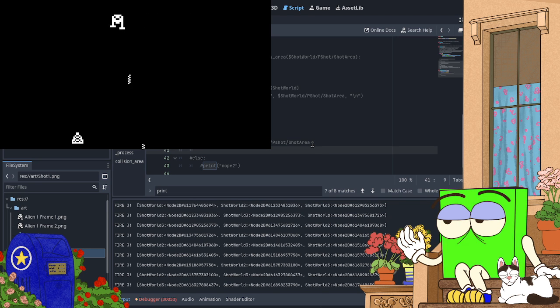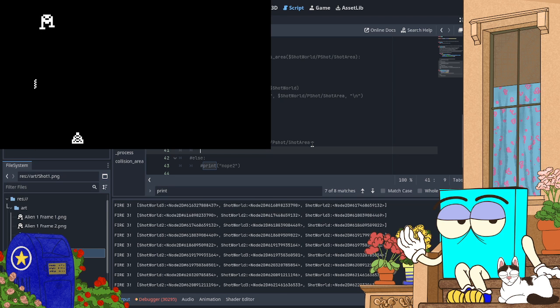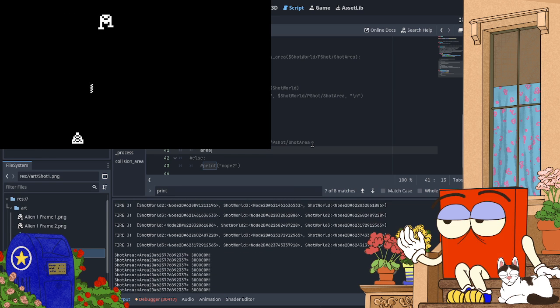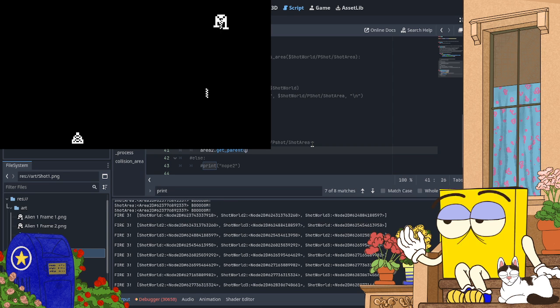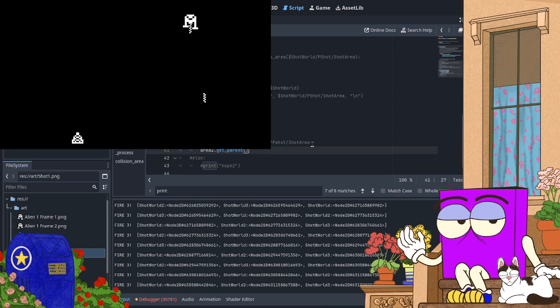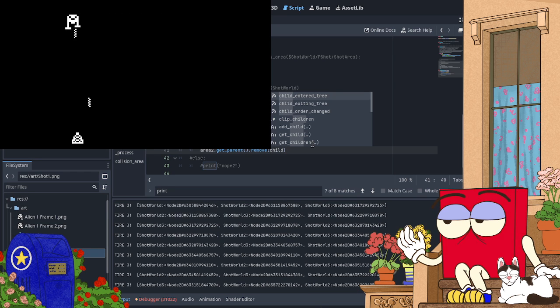So what I want to do is get area 2, get parent, child.